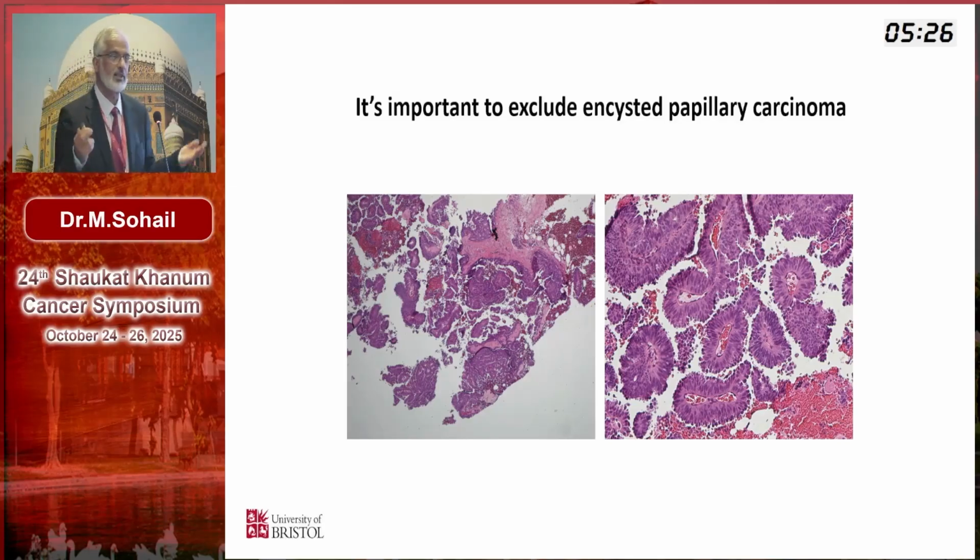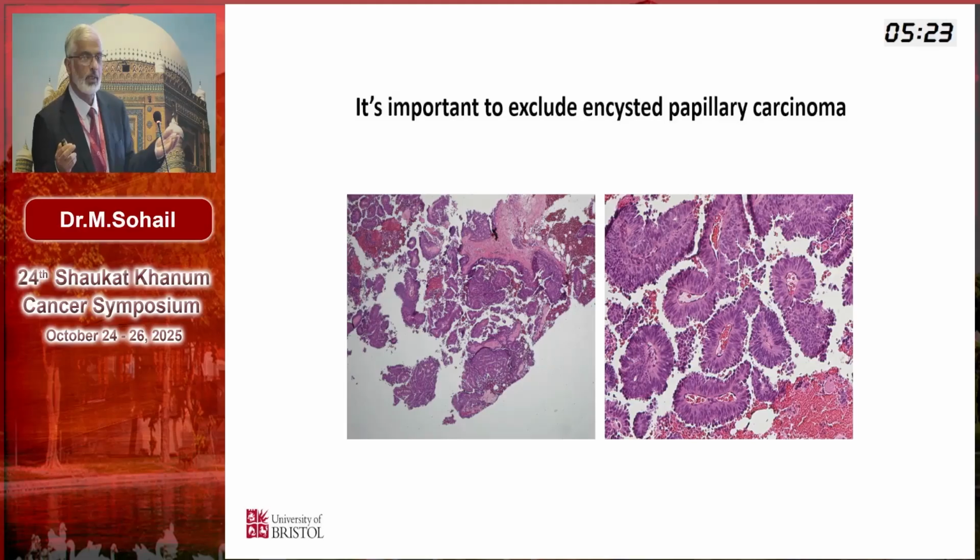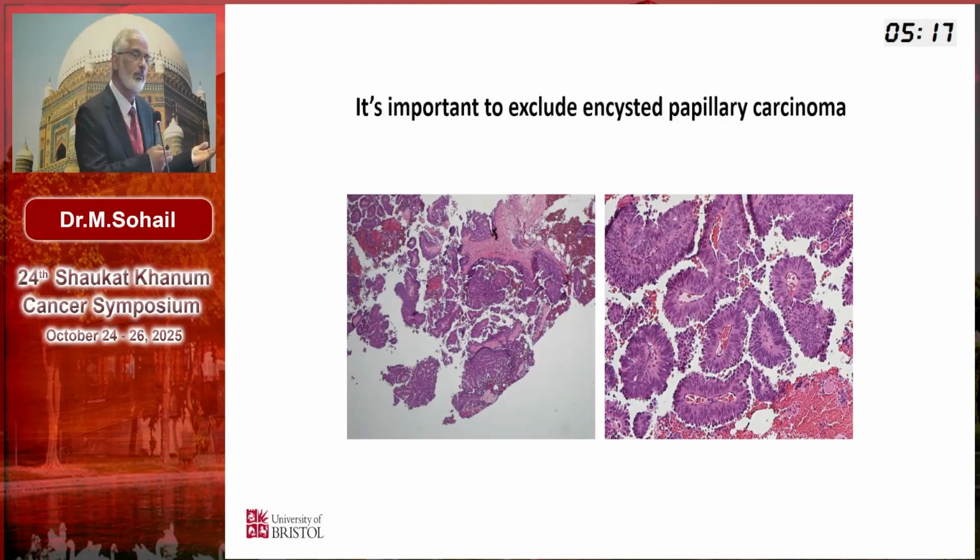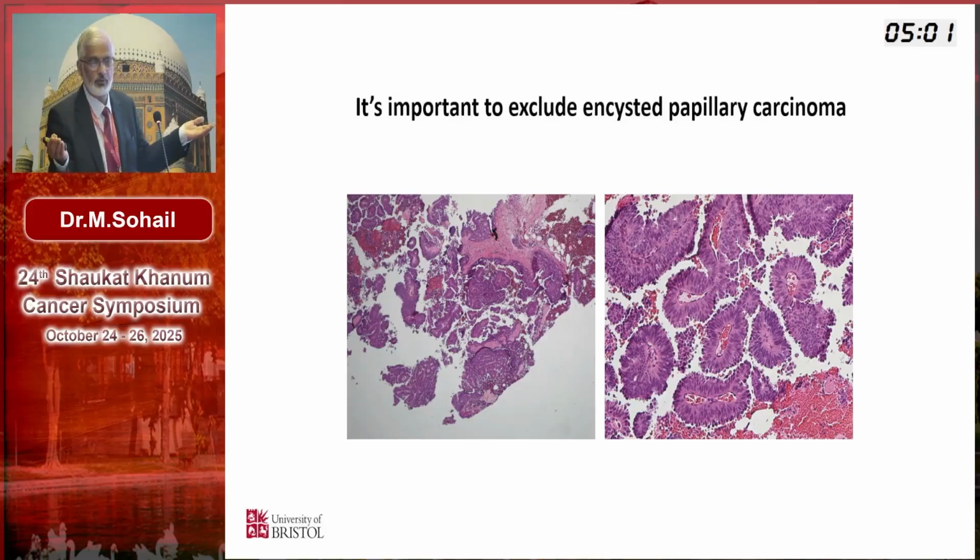If this is a larger cystic area, it is simply encysted papillary carcinoma. And does it matter? No, because the management is the same anyway. It is the terminology. And often at the periphery of the encysted papillary carcinoma, you see papillary DCIS. It's basically a continuation of the process. If papillary DCIS expands and becomes bigger and wider, then the myoepithelial layer is stretched and you won't be able to see it. And that's possibly the reason for not having a myoepithelial layer in encysted papillary carcinoma in the majority of cases. But the disease, for me, is the same.